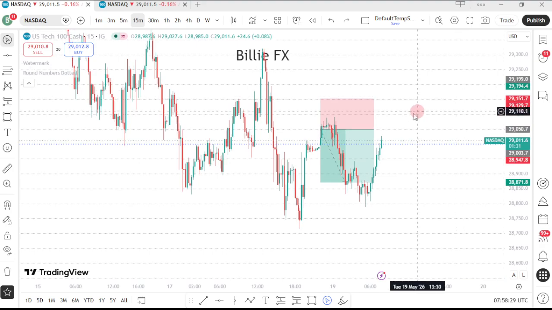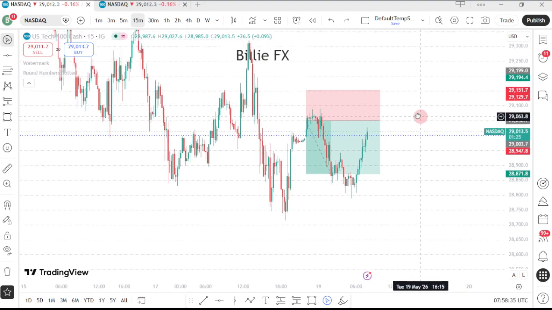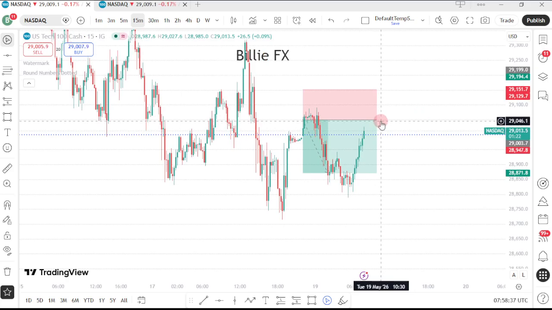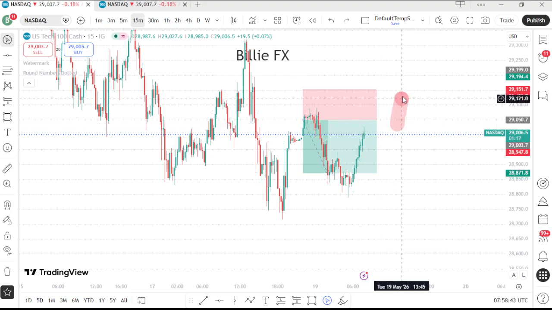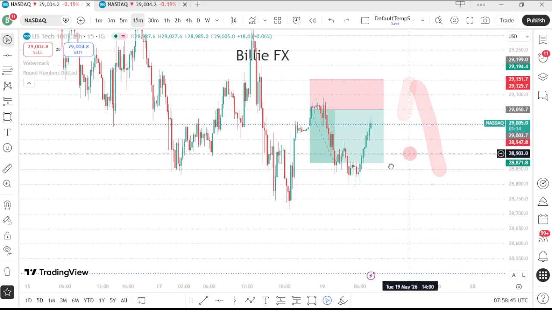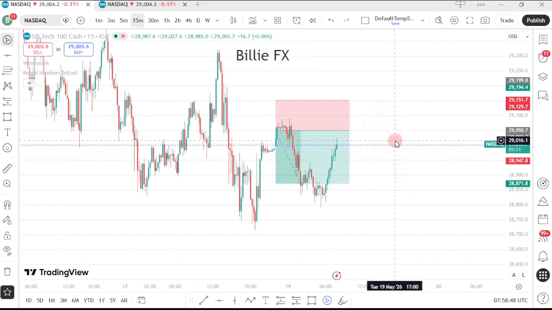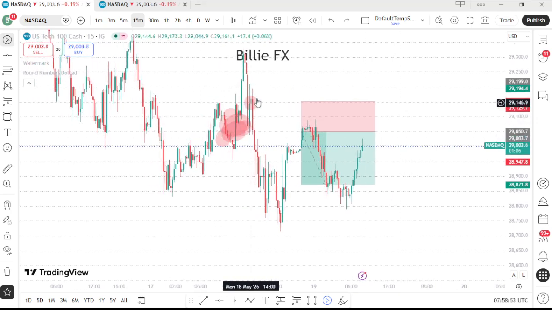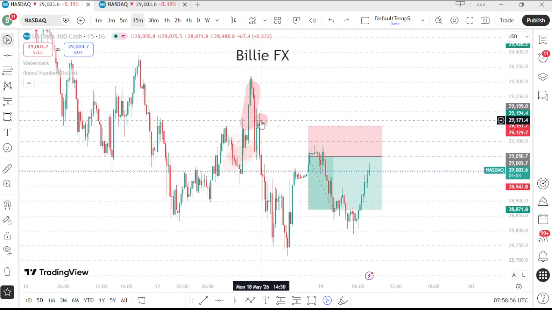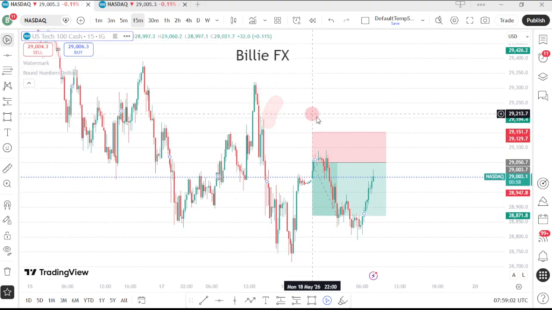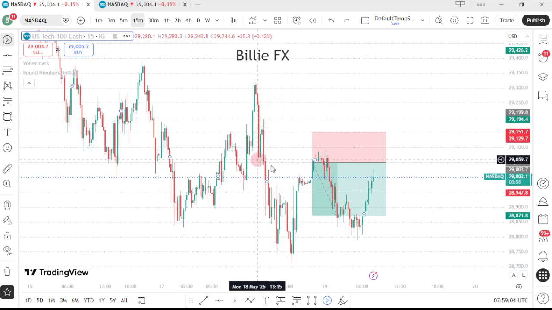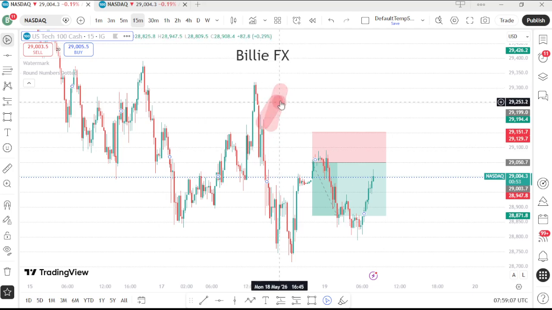And for the pitfalls, you literally have to understand something extremely important. And that thing is based on the fact that there's a breaker block doesn't mean that the market should mitigate a breaker block before it drops. Sometimes it is going to mitigate the extreme supply zone before it drops, or it's just going to use the breaker block before it drops. All right. So when you take a loss from the breaker block, do not try to take another entry, assuming that the market didn't just use the breaker block, it's just going to use the extreme supply. Because if you think about that, you can literally be taken out. Maybe the market is not actually going to mitigate the extreme supply, it is actually